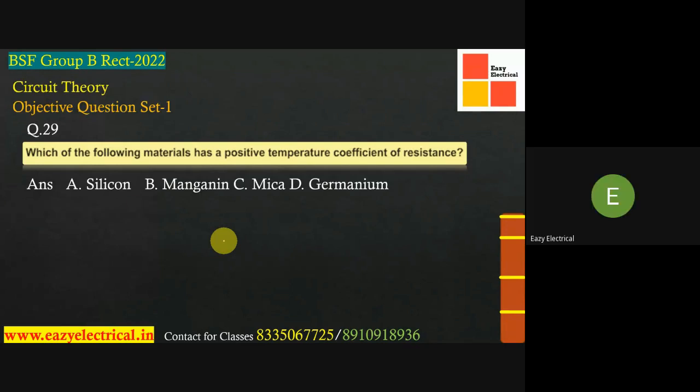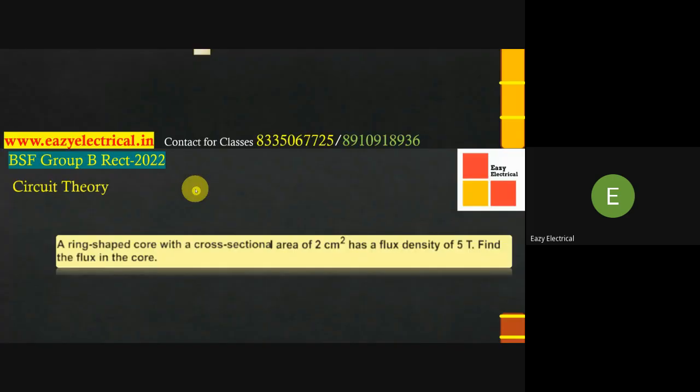Which of the following material has positive temperature coefficient of resistance? Positive temperature, huh? ডি জার্মানিয়াম। Correct. Hey, D germanium কেন? B manganese. Manganese is the correct option. বাকি সবগুলো তোমার এগুলো কি মাইকা ইনসুলেটর, জার্মেনিয়াম সেমিকন্ডাক্টর, আর এটাও সেমিকন্ডাক্টর। সেমিকন্ডাক্টরের নেগেটিভ টেম্পারেচার কোএফিসিয়েন্ট হয়, ইনসুলেটরেরও হয়, শুধু পজিটিভ হবে মেটেরিয়ালের, ম্যাঙ্গানিনের। নাও নেক্সট,